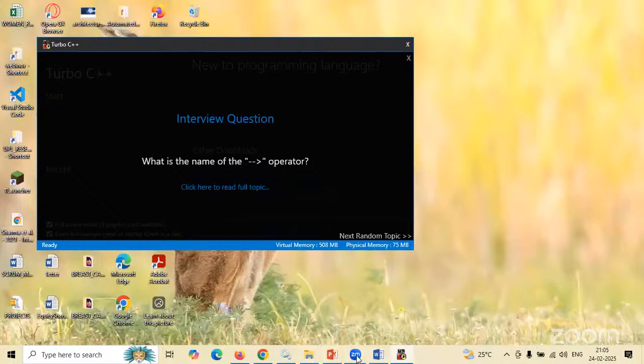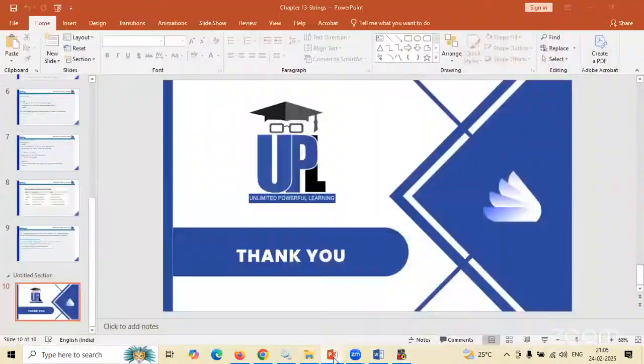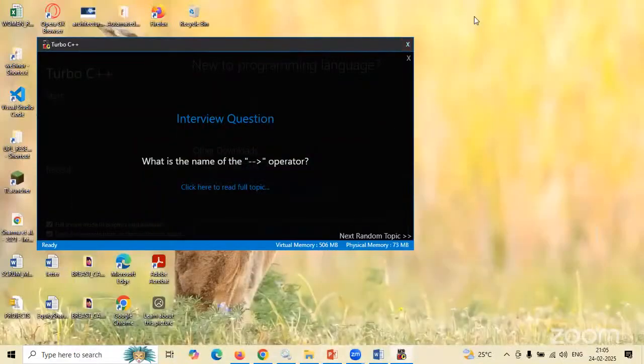Tomorrow we will discuss one more topic, maybe file handling. Once that is done, we will probably discuss the new concept of pointers in C. Okay, any questions before